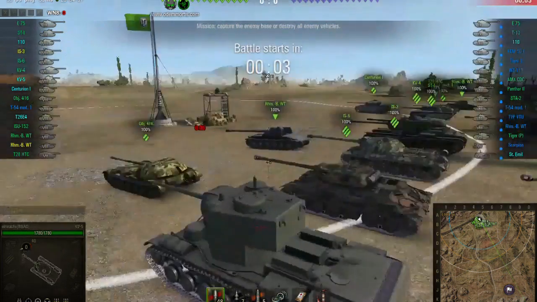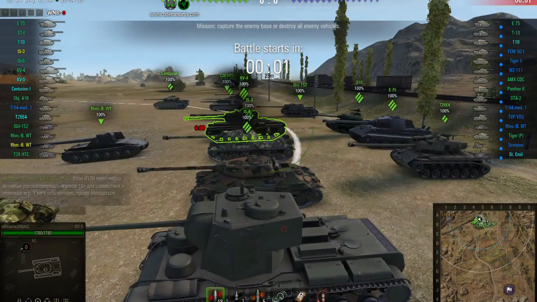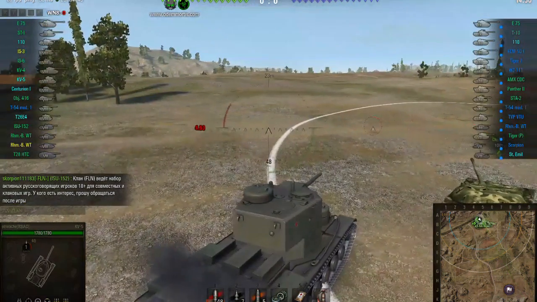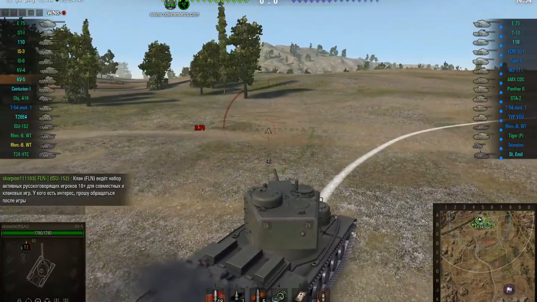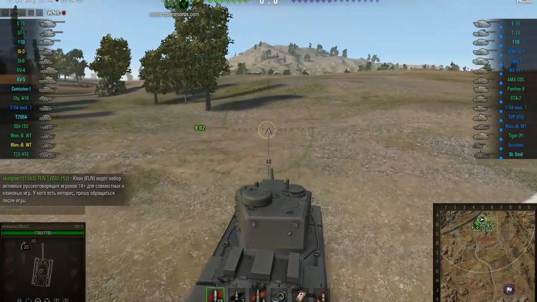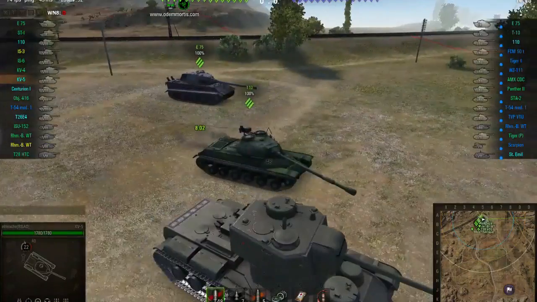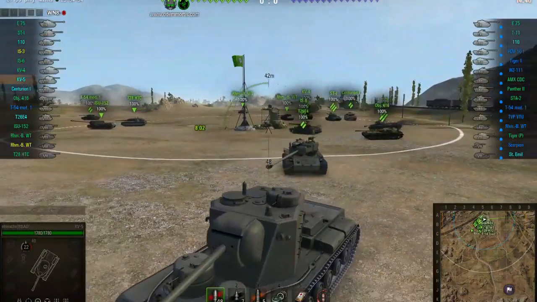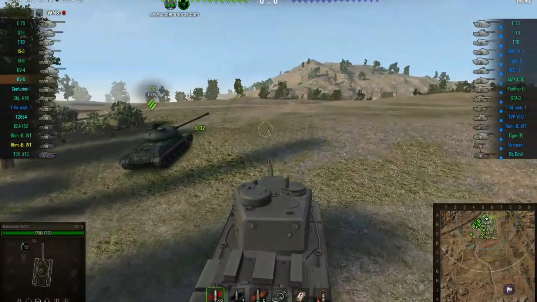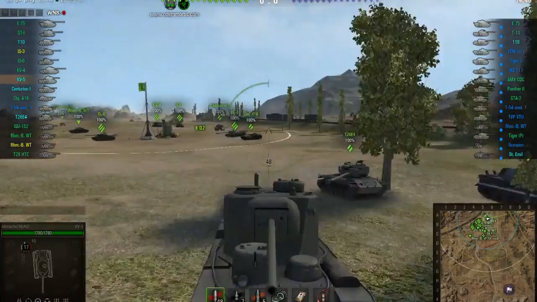WZ111, very similar tank to the IS-6, that's not much of a threat. The Tiger 2 and the FCM 50-ton could well be a threat, but we'll see what we can do. No artillery, thankfully. So I'm going to head off to the left, along with a few of our other heavy tanks. They're all probably significantly faster than me,